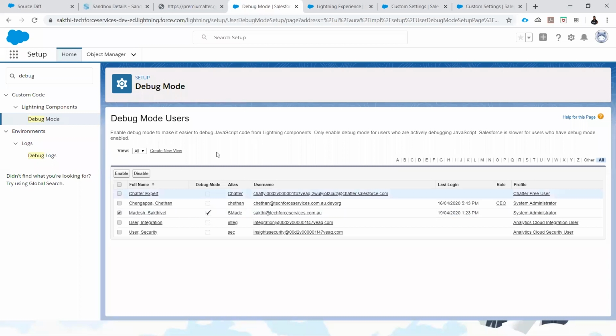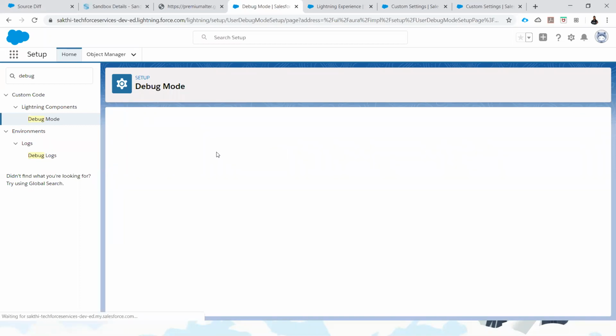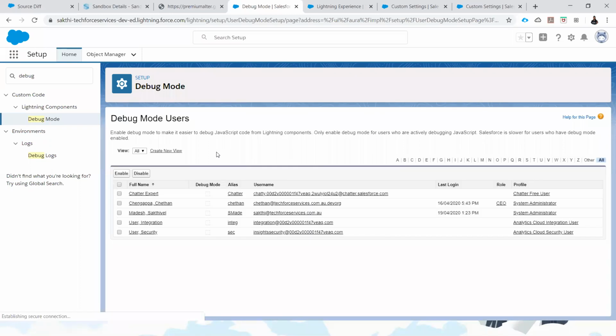Basically I have disabled this one now. So I guess you understand the error handling in LWC. As I mentioned, there are two ways available. One is production mode; I showed how to do production mode debugging, and also how to enable debug mode and how to look at the error handling variables. So I hope that is clear.